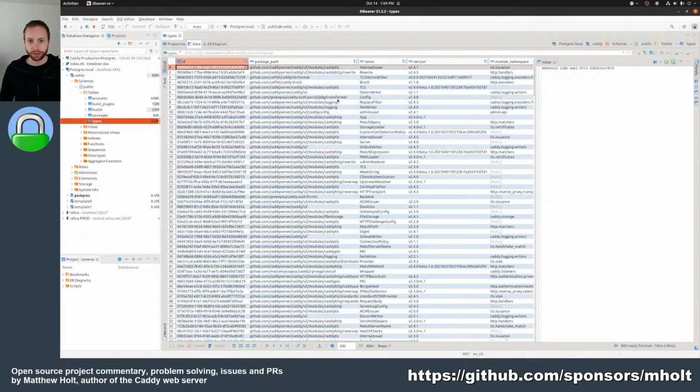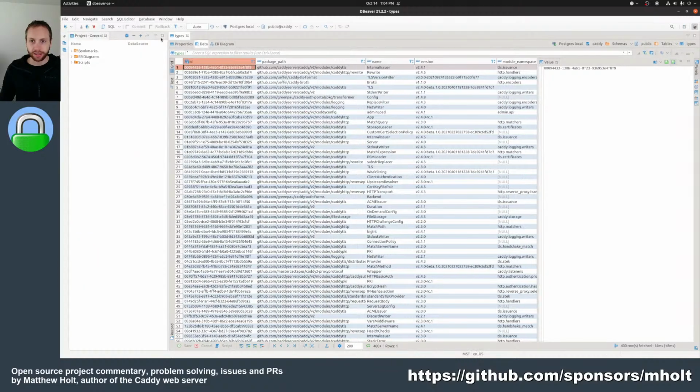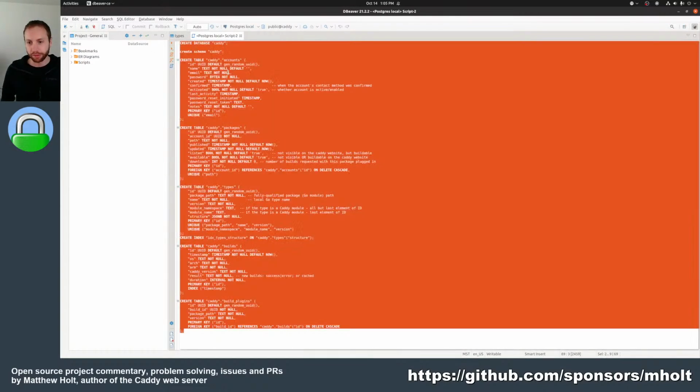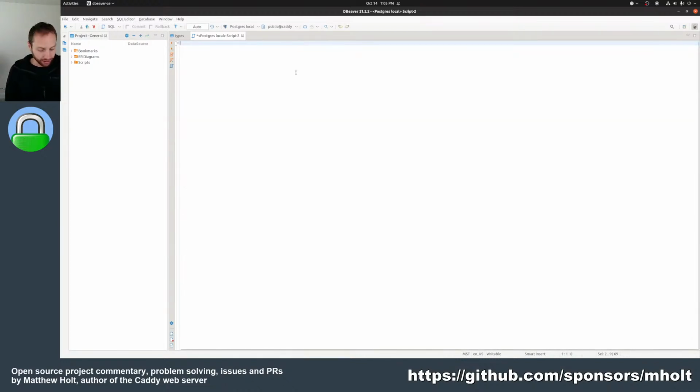This is my local copy. Whoops, I don't actually know how to use this tool, by the way. Let's see, SQL, recent SQL script. Whoa, there's the schema, if you were wondering. Not very interesting, honestly. But it's like explain, and then,